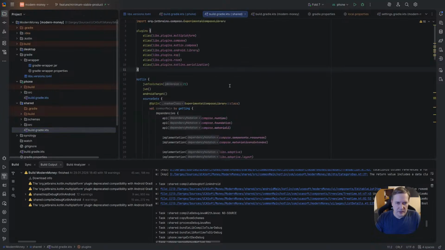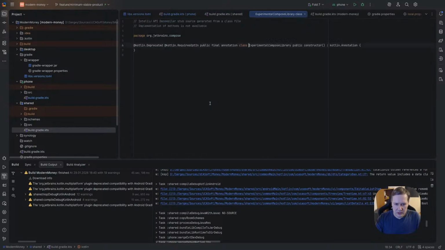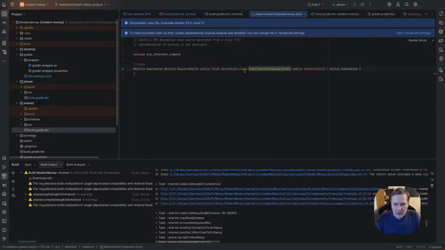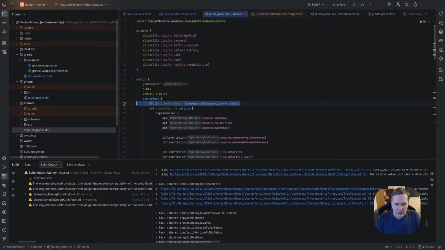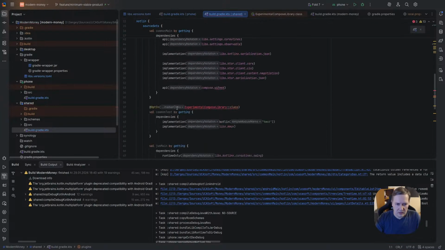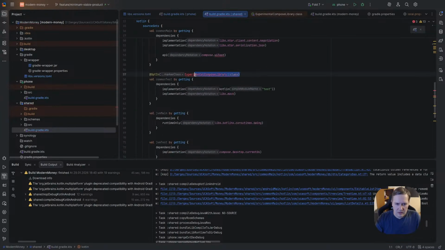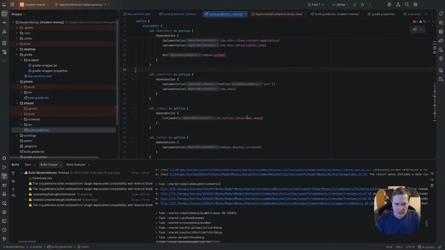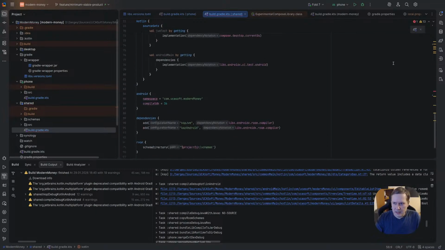Okay, let's start with shared. Yeah, it's more annotation, blah blah blah. So can I just remove it? Okay. Looks slightly better.